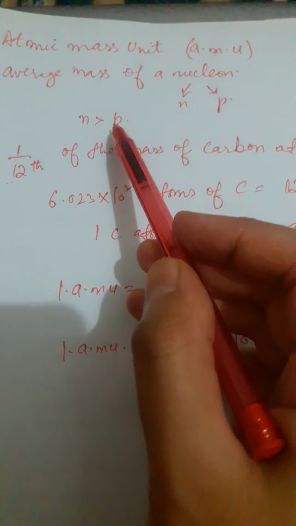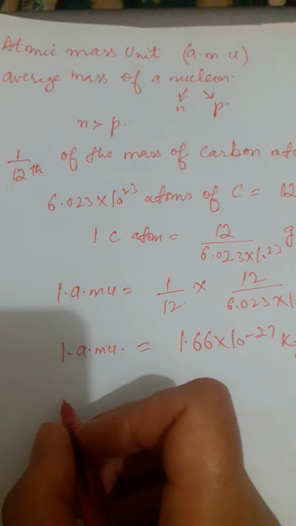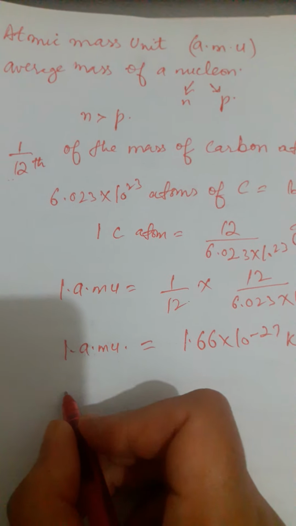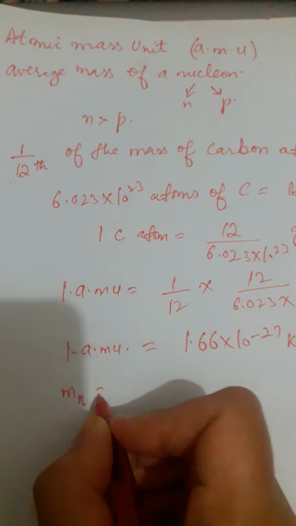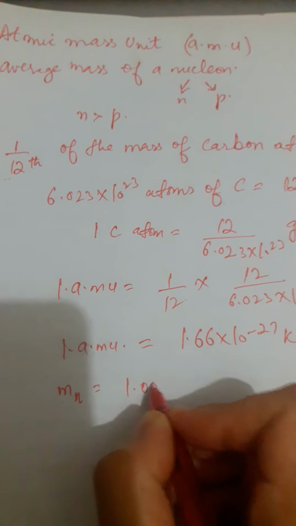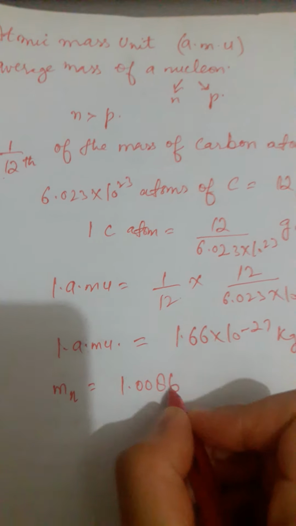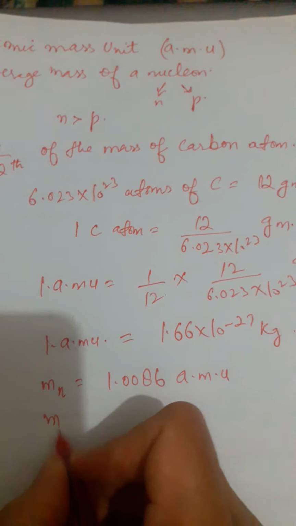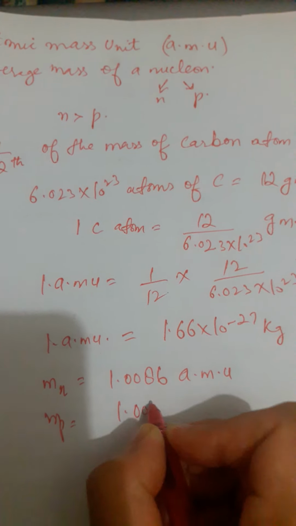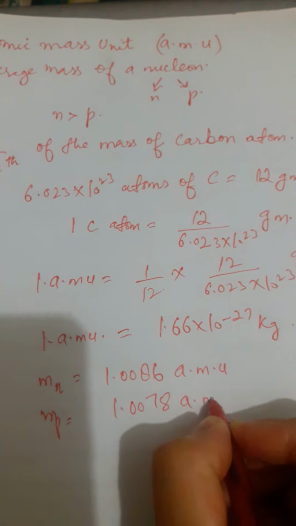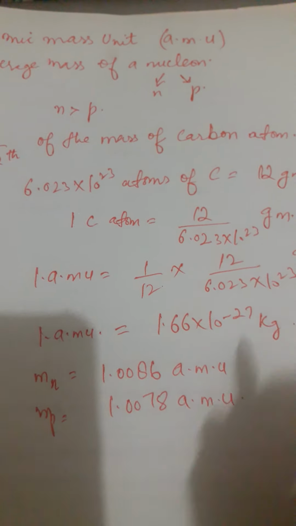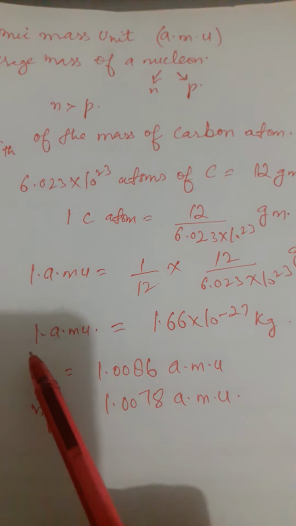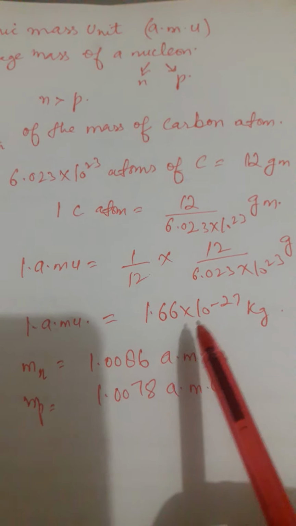Since we know that neutron is slightly heavier than proton, mass of neutron is almost 1.0086 times this atomic mass unit, and mass of proton is 1.0078 times this atomic mass unit. But on an average we can express that the mass of the two is 1.66 into 10 to the power